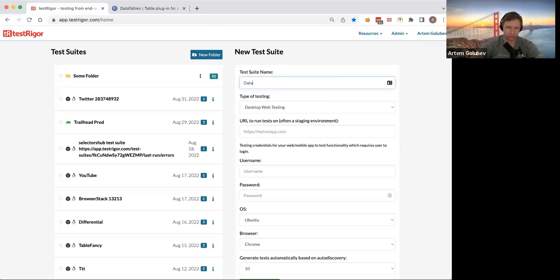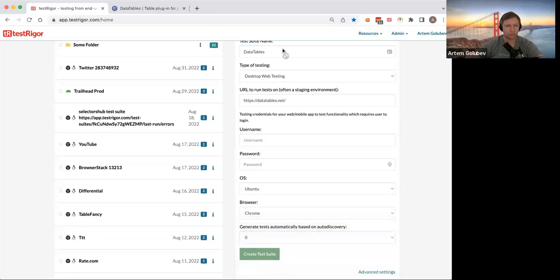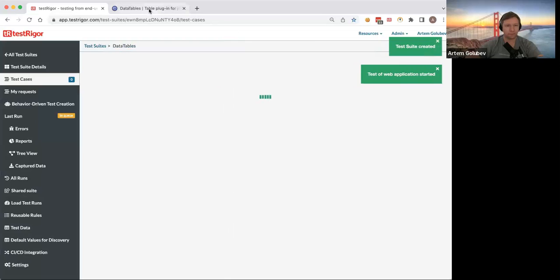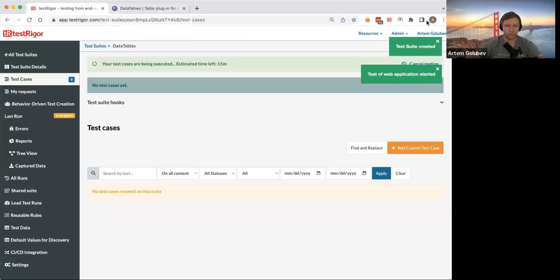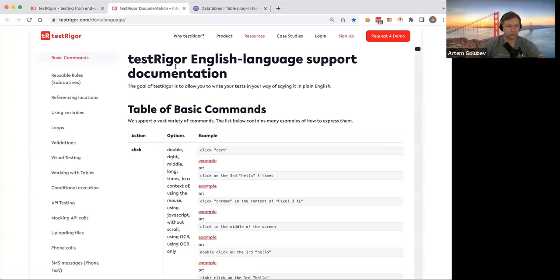Let's create a new test suite, and I'll explain why I picked this one specifically. Then I will be talking about it. So first, if we go to documentation,